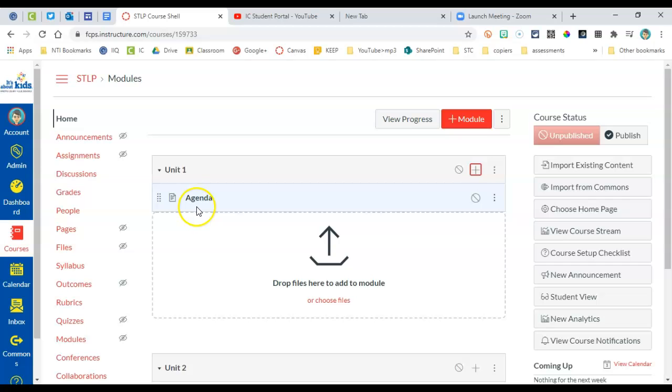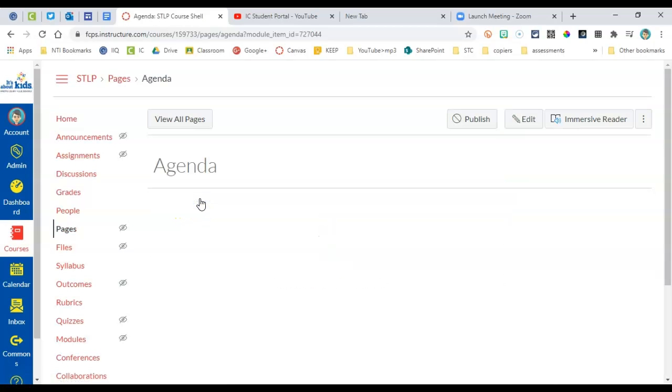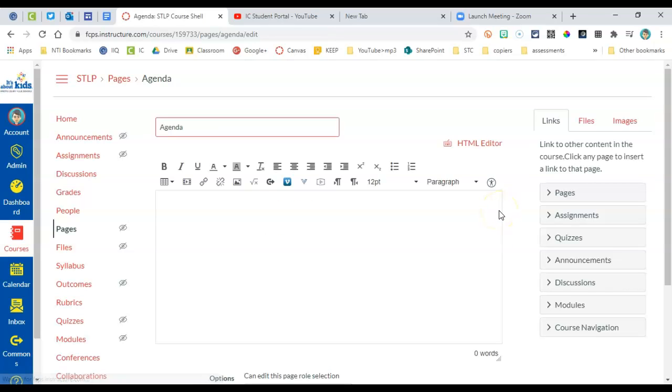Now I just added it to my modules, but obviously I didn't put anything in it. So in order to get into that page to edit, I'm going to open the page by clicking on it, and I can see here that it's blank, and I'm just going to go up to the edit button, and then I have this rich text editor, so I can type in information into the box,